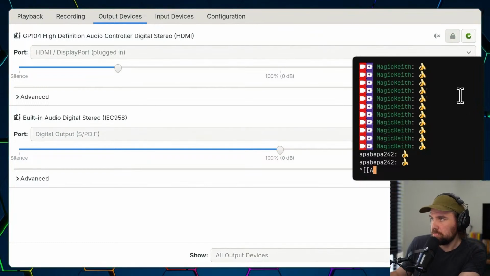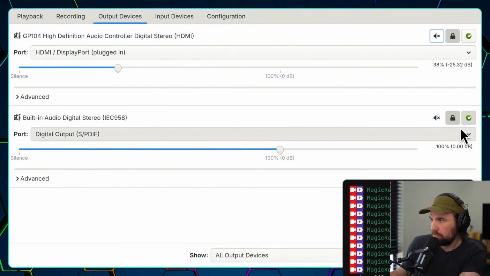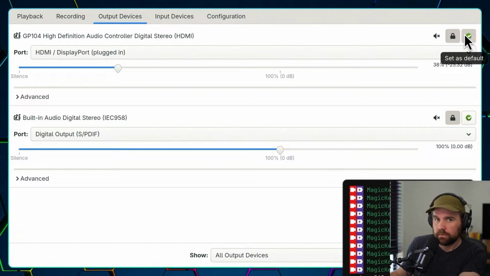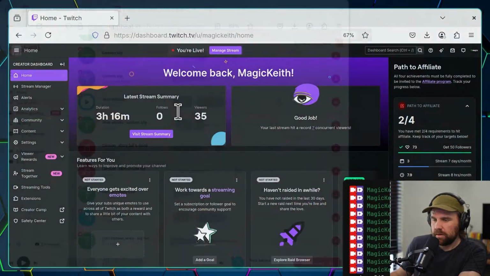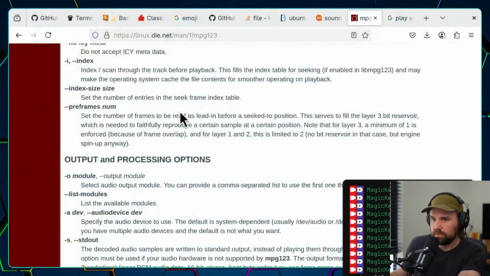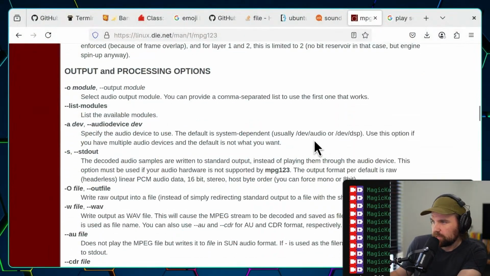Cool. What does this button do? Oh, it's set as default. Oh, maybe that was the default. Oh, okay, so that's the default now. But how would I have chosen it manually if I needed to? /dev/audio.